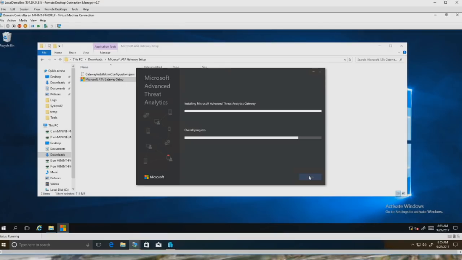So it does get that information slowly using that ATA user account that we set up. When you set up gateways, it automatically sets it up as a domain synchronizer. With a lightweight gateway, you actually have to specify one. And as soon as this sets up, which it hopefully will, any second now, we can turn it into a domain synchronizer.